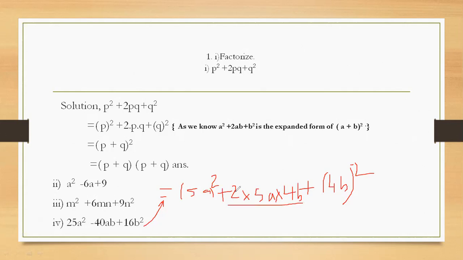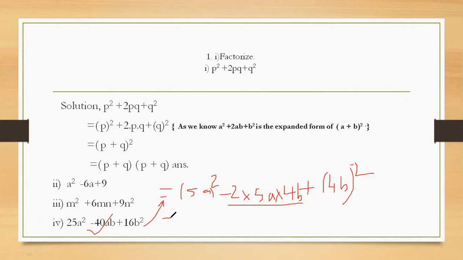Now let's check. This all multiplies, does it come to 40ab or not? Check. Here there will be no minus, okay. Look here is a minus sign, but here a plus became. Please make here which sign? Minus. Yes, make minus sign there. Okay, children? Here should be a minus sign because here is minus 40ab, no? That's why there will be a minus sign.